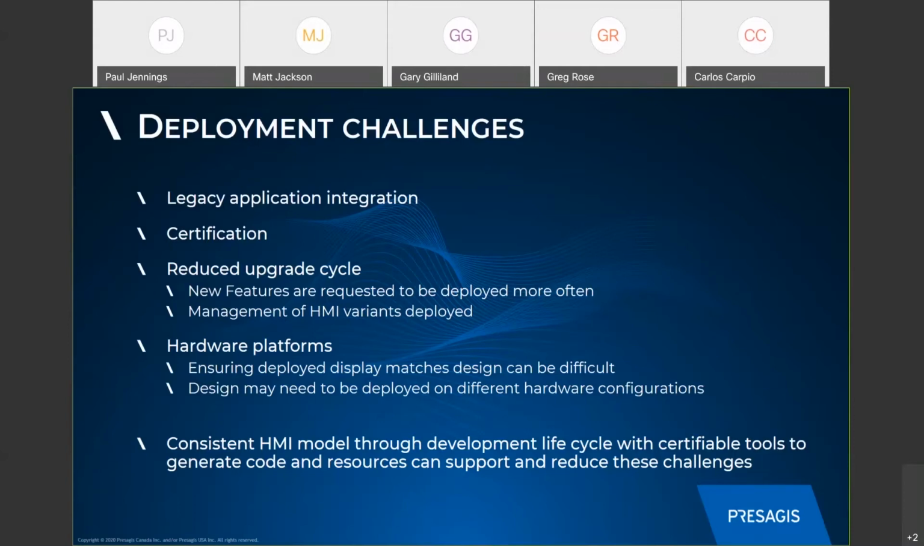Everyone talks about standards, and I've worked long enough to know that hardware is different, and as good as OpenGL was, there are problems. You can make the same OpenGL command on a different chip and it actually looks different. So you need to be able to tune and match your hardware when you're deploying it, and look at how you manage those configurations and platforms. Now, a consistent HMI model through development, with certification tools, can support and reduce many of these tasks, which leads me on to